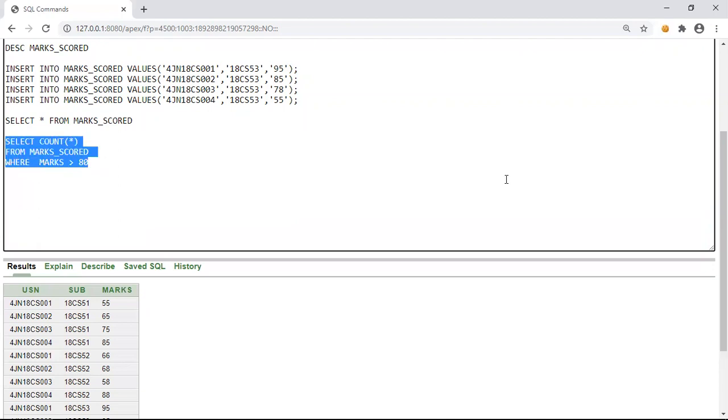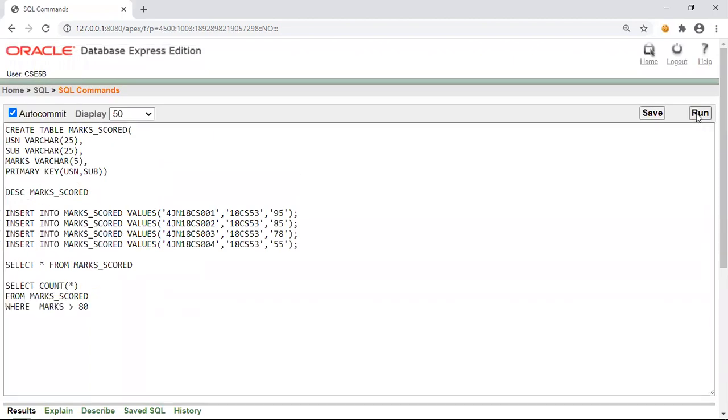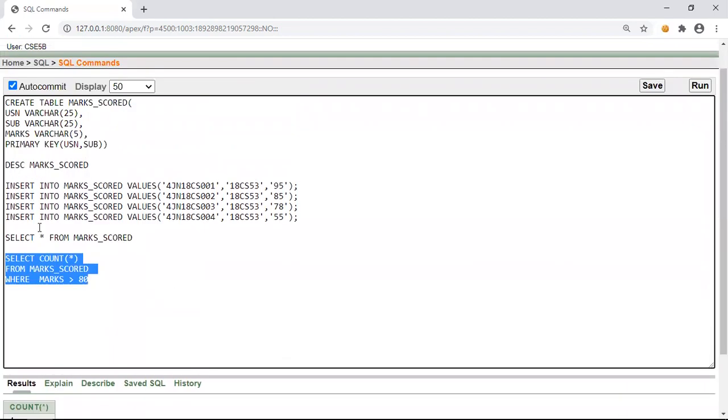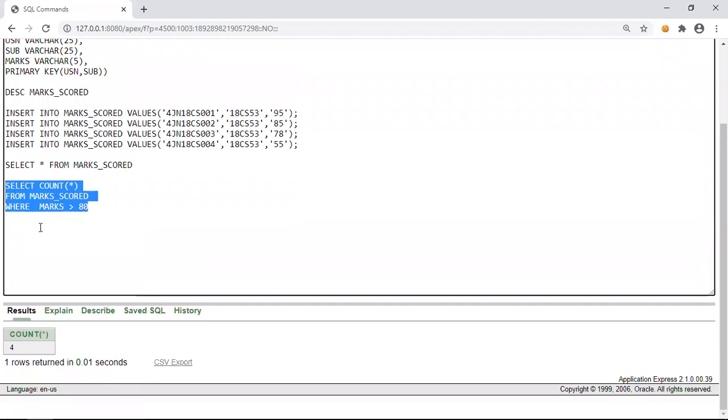So now if you just run this without the subject condition, then the count returned is 4, which means 4 students have scored more than 80 in different subjects. So this count is useful when we want this kind of statistical data.